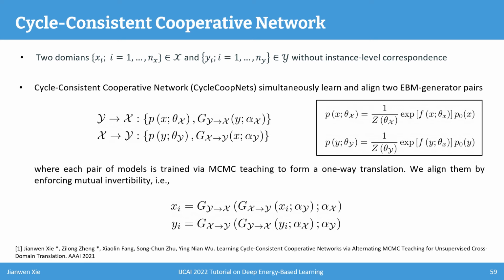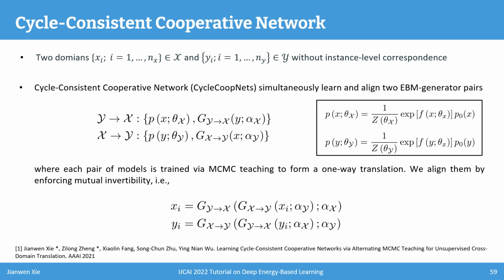Suppose we have two image collections from domains X and Y respectively. The examples of these two sets are unpaired. The CycleCoopNets simultaneously learn and align two cooperative networks. Each contains an EBM and a generator for one direction of translation. We take the direction from Y to X as an example. The generator G from Y to X, which is parameterized by an encoder-decoder, maps examples from source domain Y to